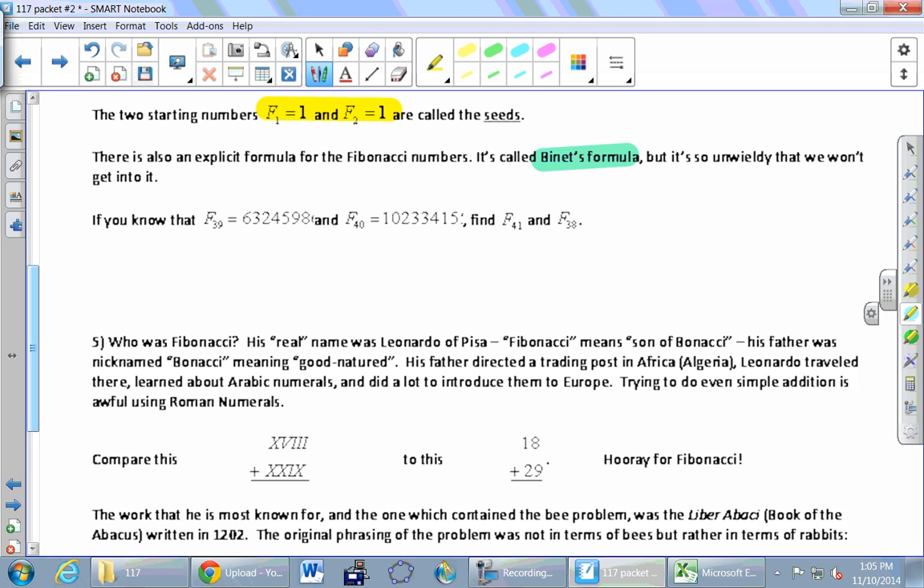Suppose that I tell you that the 39th Fibonacci number is this 6 million and change, which it is. I'm not just making that up. And I tell you that